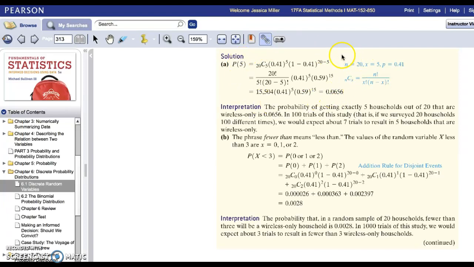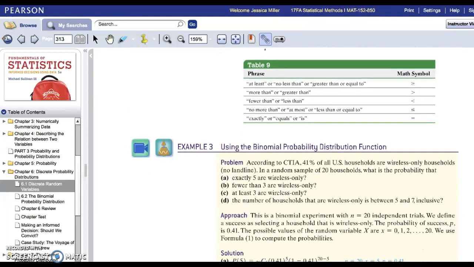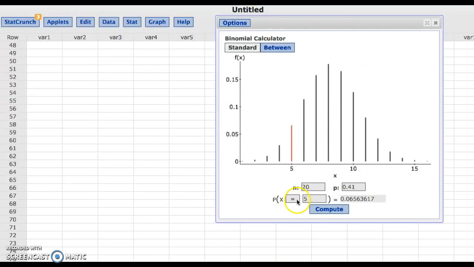Okay? This whole mess goes back to combinations and permutations, which was one of the topics we actually skipped over in Chapter 5. So this idea of 20 choose 5 is something we really didn't discuss much either. So then let's take a look at our other components. It really becomes a matter of making sure you can read the example and understand how to adjust your inequalities or equalities. If we want to know the probability that fewer than 3 are wireless only, that means up to but not including 3. So less than 3, be careful here with your less than and your less than or equal to,